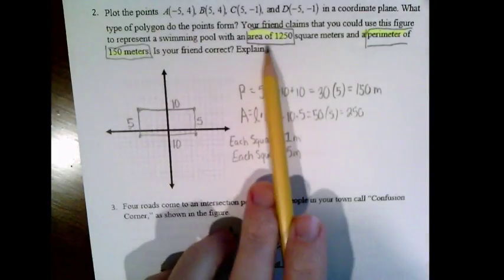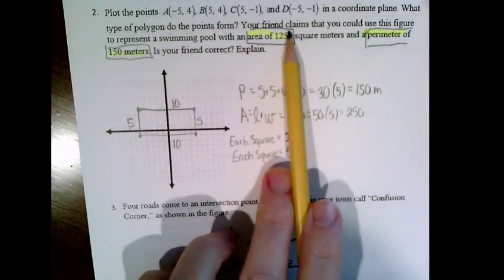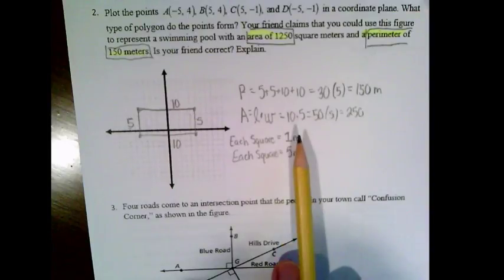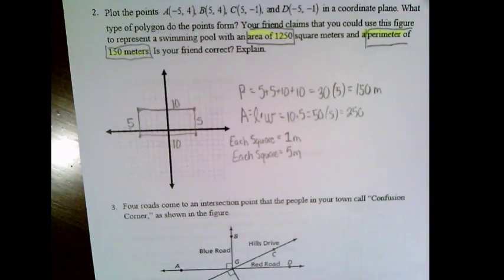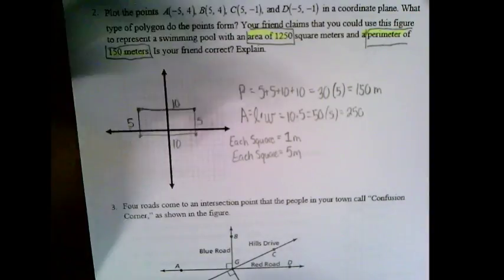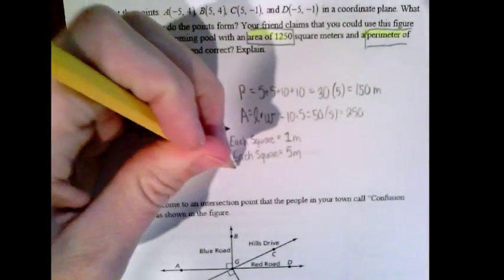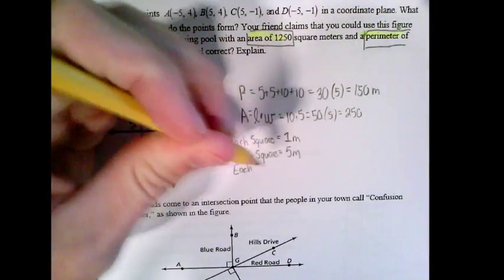So if my friend says it's 1250 and I already have 250, if I divide that out, what do I get? Anybody get it? Yep, looks good, 25. So if each square was worth 25,